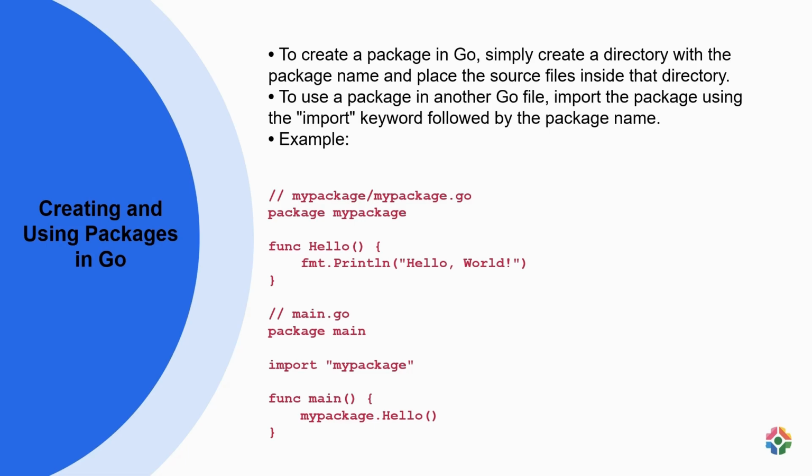Import myPackage. When you import the myPackage, you can access its functions by referencing the package name followed by a dot and the function name. In this case, you would call mypackage.hello to execute the hello function from the myPackage package. By properly organizing and importing packages in Go, you can modularize your code, enhance reusability, and maintain a structured code